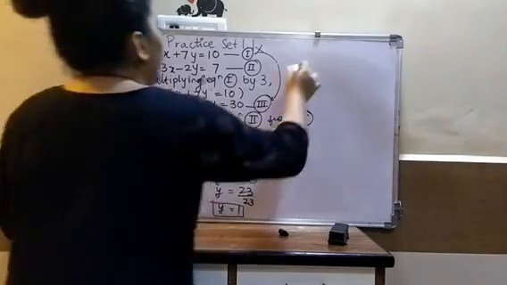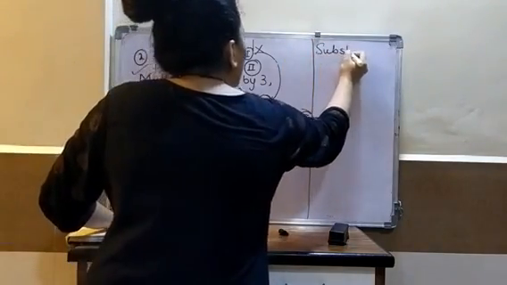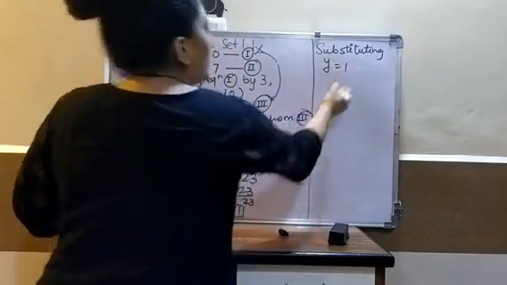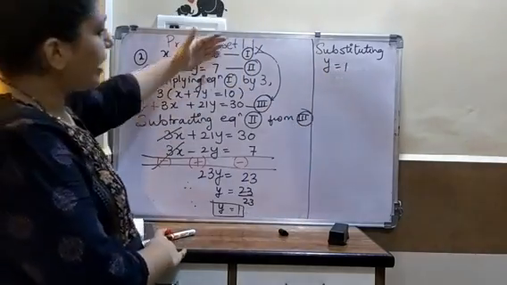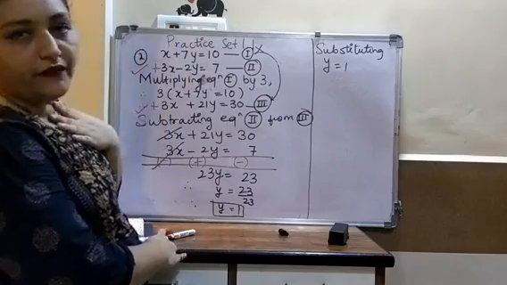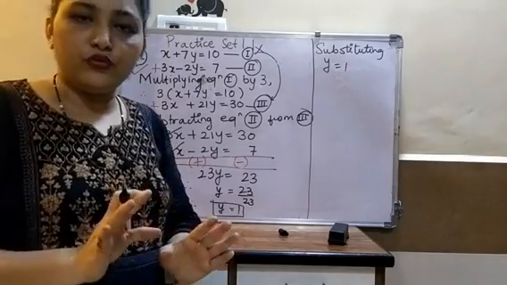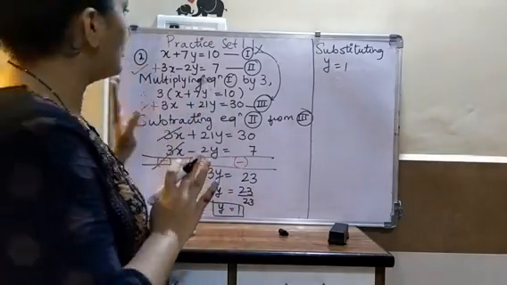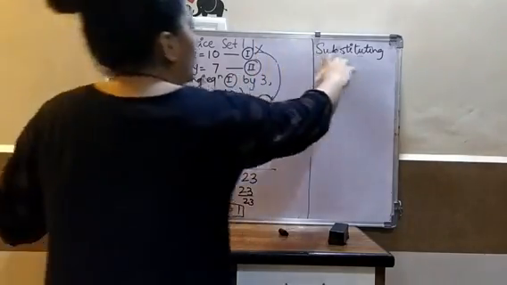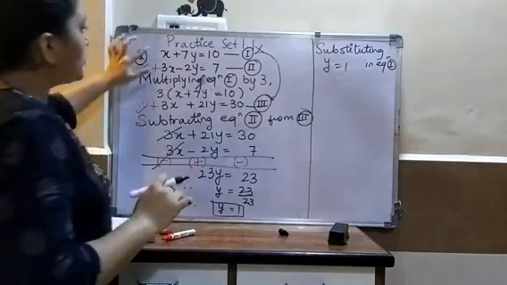Then the last step, you all know it is substitution. So substituting y is equals to 1. Now choose, you are having 3 equations with you, 1, 2, 3. Okay, 3 equations you are having. So you are having 3 choices. Choose the choice which is convenient for you. Whichever is easy for you, that choice you choose. So what I am choosing, equation 1, that is quite small to substitute. So substituting y is equals to 1 in equation 1.